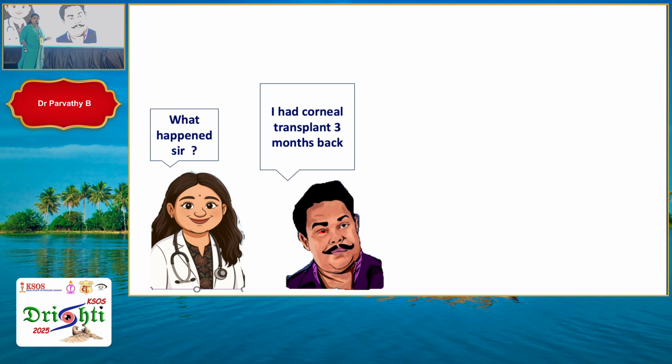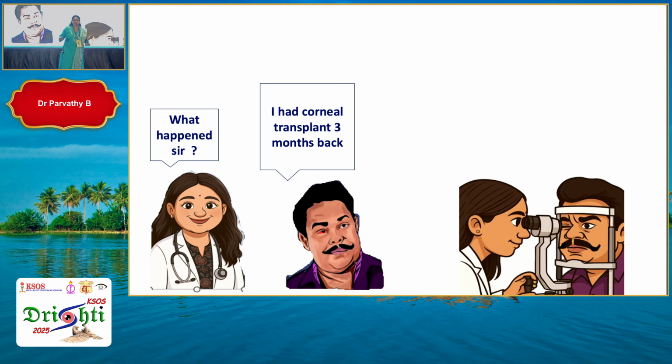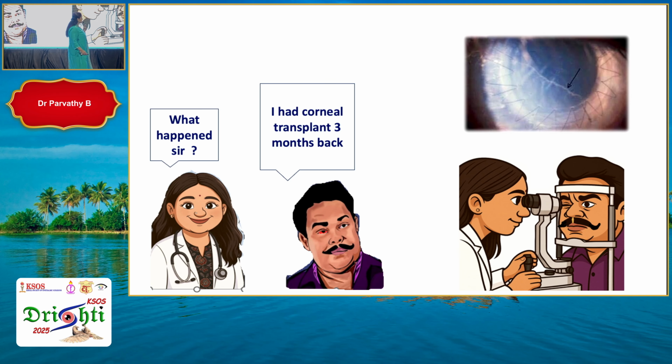Yesterday, this patient came to me in my OPD. He had a corneal transplant 3 months back. Now has a pain. When I examined, I saw this. What is this line, children? Anybody? Oh, very good. Excellent. Chocolate for you. So it is an endothelial rejection line in penetrating keratoplasty.